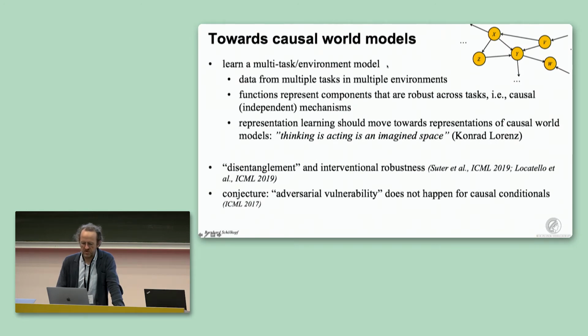So the hope would be to, and this is again quite close to what Nando is now also working on, learn multitask, multi-environment models where we have a finite-sized brain that has to solve a lot of different problems, that doesn't want to start from scratch and retrain on a huge IID data set every time a new problem comes around. And if we do that, then I think necessarily it will have to use components that are robust across tasks. And from my point of view, these would be causal components. That would give us then this kind of representation learning that goes in the direction of Konrad Lorenz.